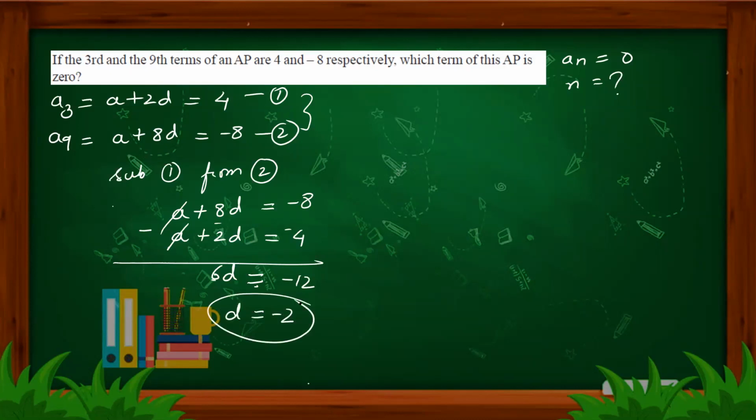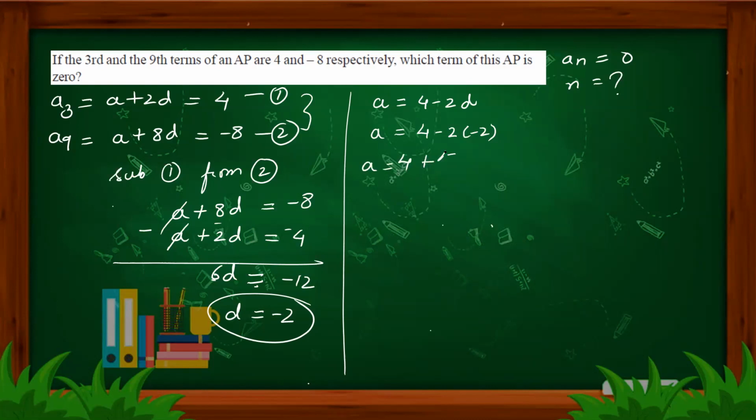So as D is minus 2, let us find out what A will be. Substituting this in equation 1, A is basically 4 minus 2D. A is equal to 4 minus 2 into minus 2. What is 2 into 2? It is 4. That's going to be plus 4 because minus 2 into minus 2 is going to be